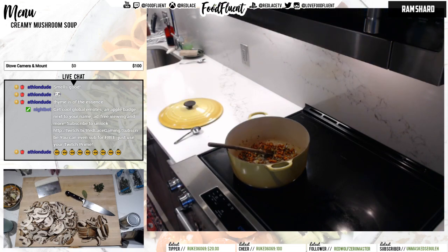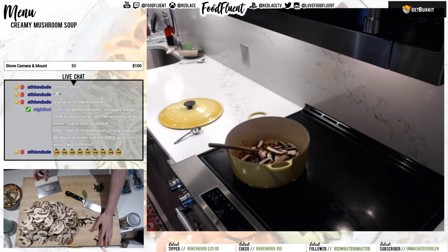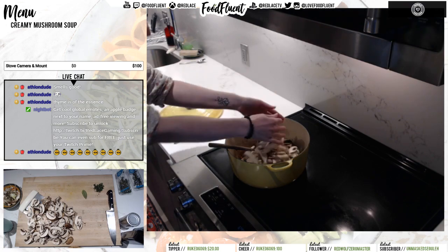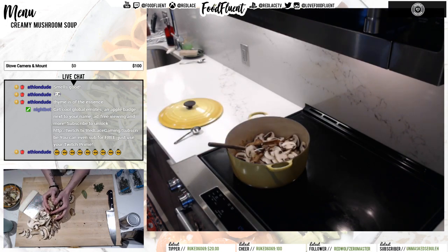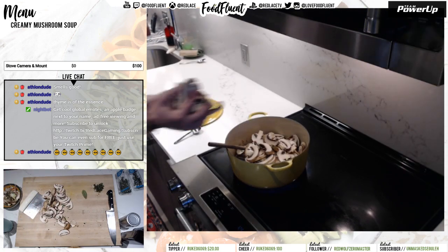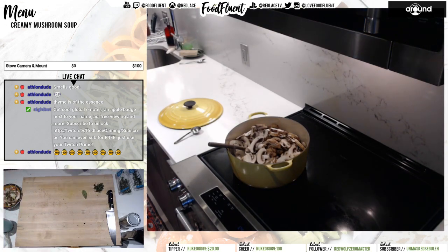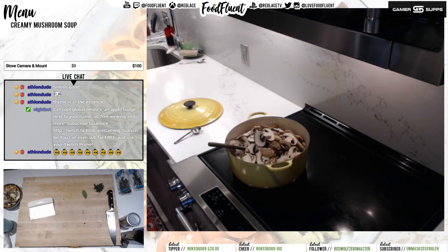Okay, so now we need to add the mushrooms and the soy sauce and cover the pot. So in they all go. It's just a mountain. And if we're lucky, they'll all fit. Out on the little bits. It'll just add to the flavor. Oops. All right, and we need